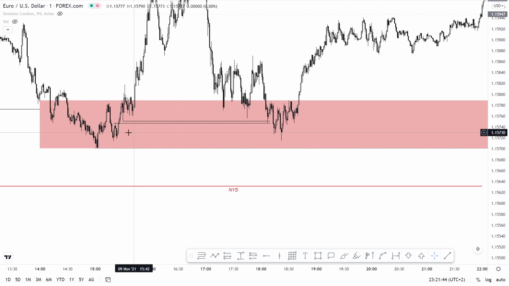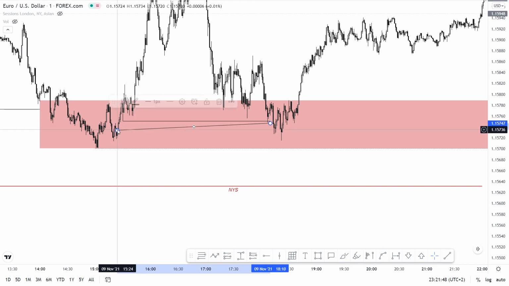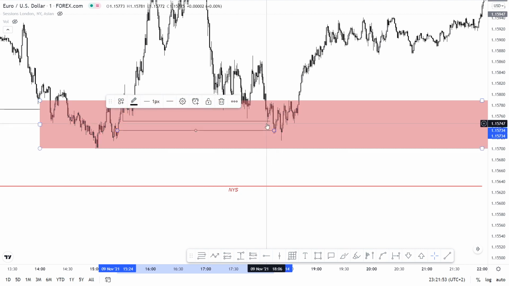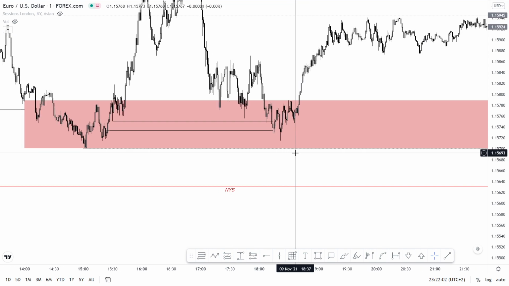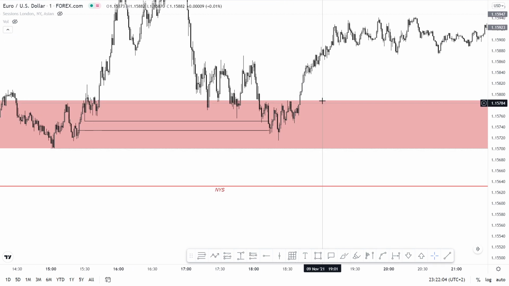You can see on the M1 the imbalance was also a bit lower than the one on the M5. On the M1 it was around here. So this was the reaction from the M5. Then we traded lower to close the M1 imbalance. After closing the M1 imbalance, as you can see, this pink area right here is from the M30, right? So once we got to the M1, we saw this low being made after we closed this